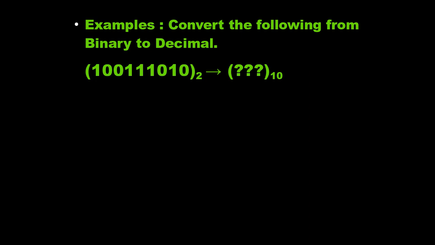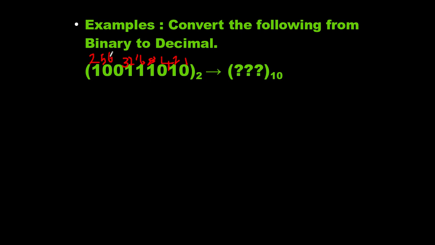Look how big this number is, but we can break it down. Start with 1, 2, 4, 8, 16, 32, and because I have a 0, I have 64, but I'm not going to use it. 128, I'm not going to write it. And here I'll have